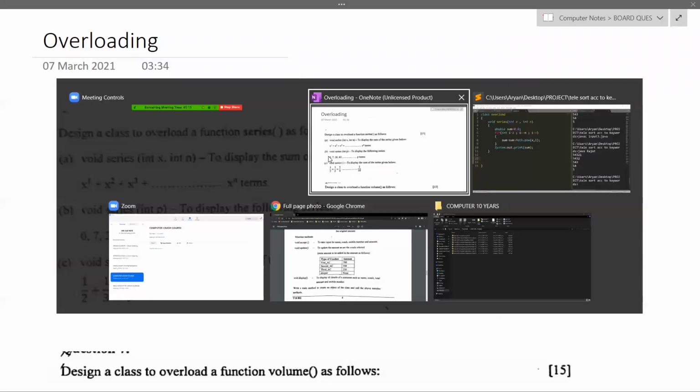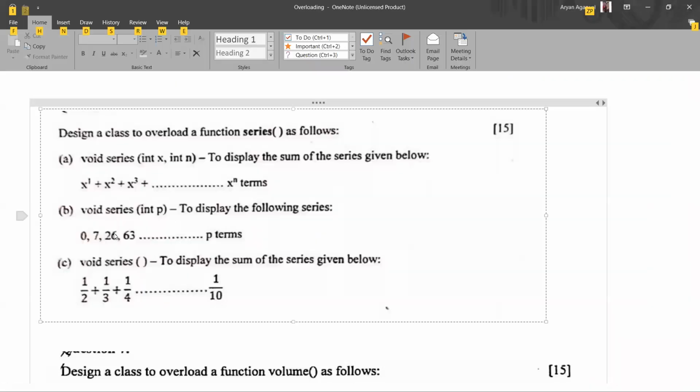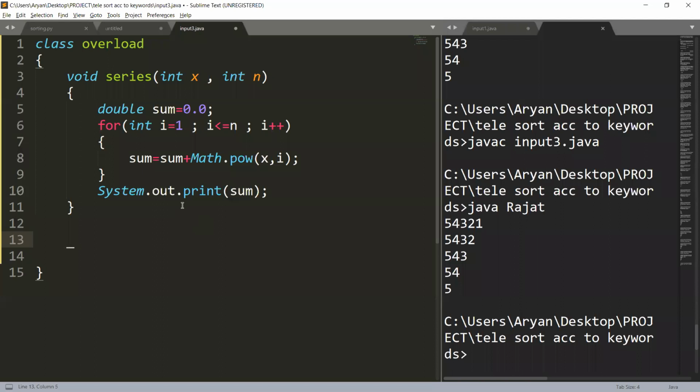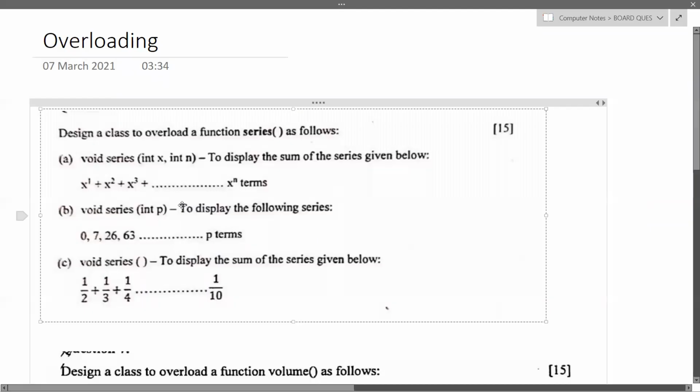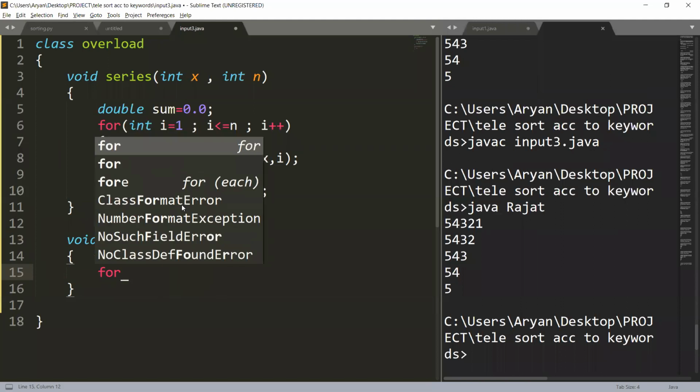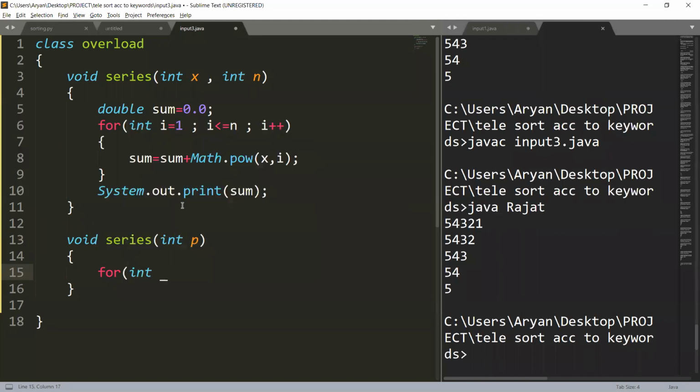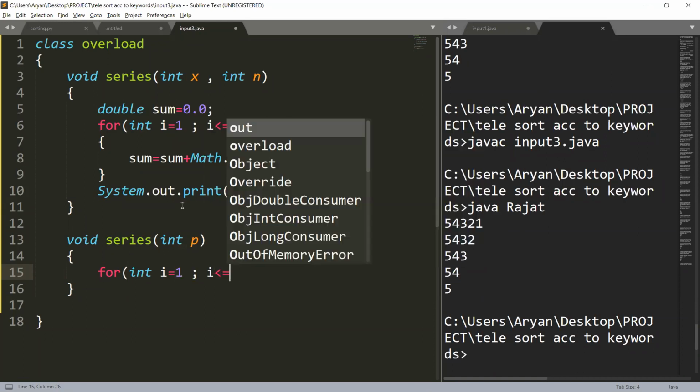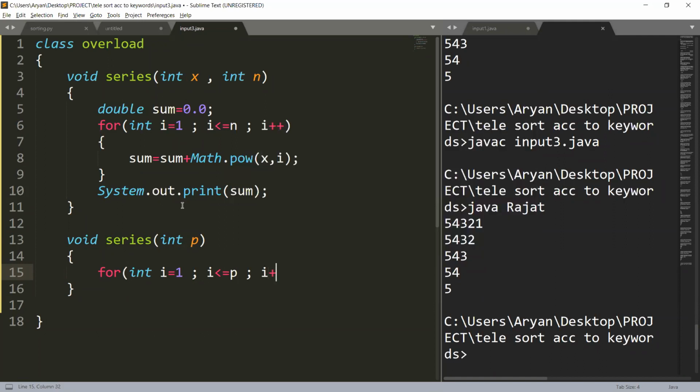So what I'll do in this, I have to enter till it is void series int p. Here the next thing that we have is for int I equal to 1, I less than equal to p, I plus plus.